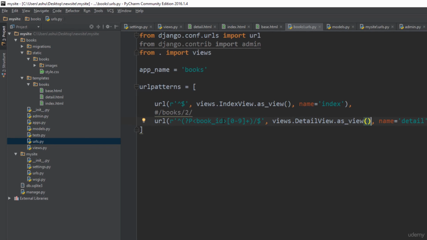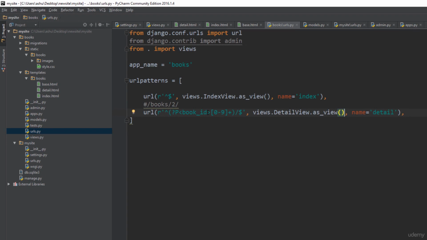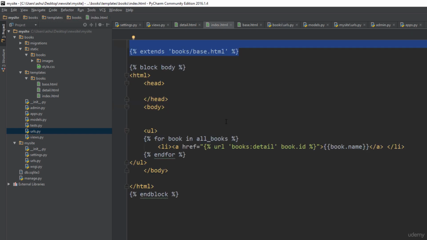Once you are done making changes to this, the next thing you need to do is, instead of this book ID, which basically refers to the ID, replace it with the original ID or the primary key. So you simply type pk here, and that is going to take care of the ID which you are going to type in over here. Now, one last change you need to make is to go to the index.html file, and as you could see, instead of having